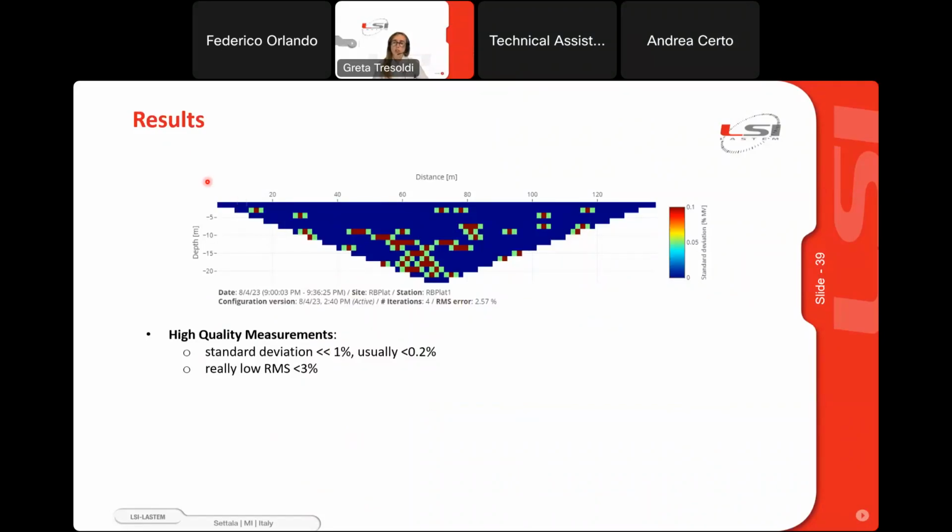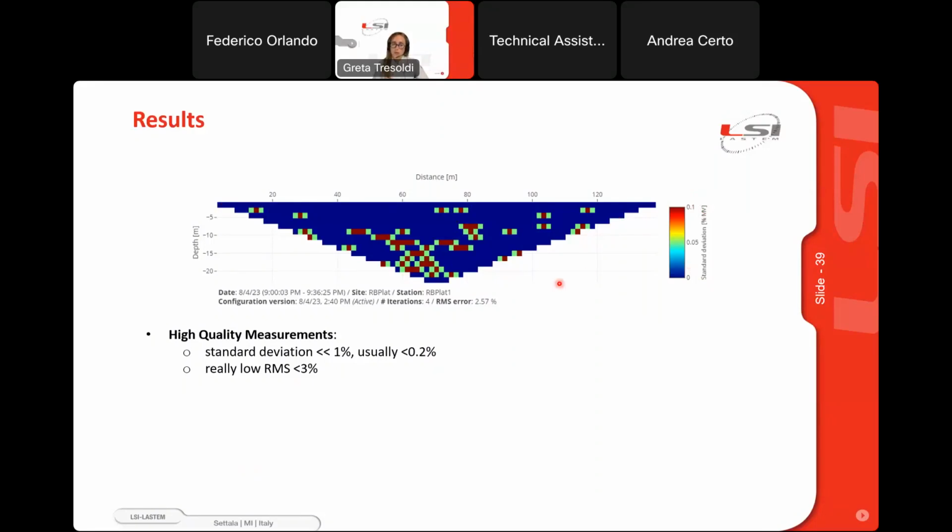So this is the shape of the section, and every point in the section is measured not only one time, but many times, and then a statistic is done to retrieve the average value and the standard deviation. So if the standard deviation is low, like in this case, it means that the measurements are